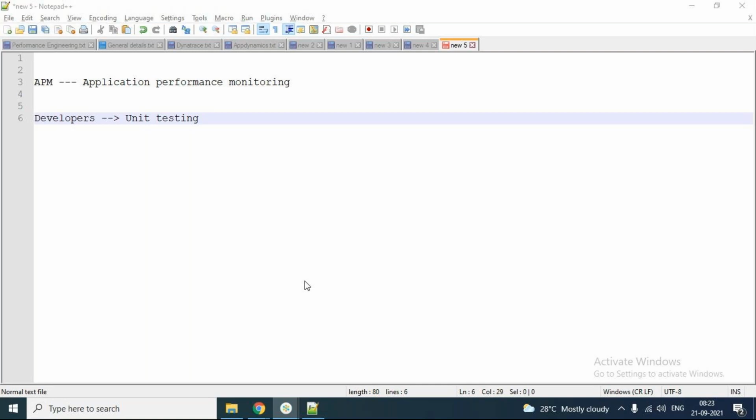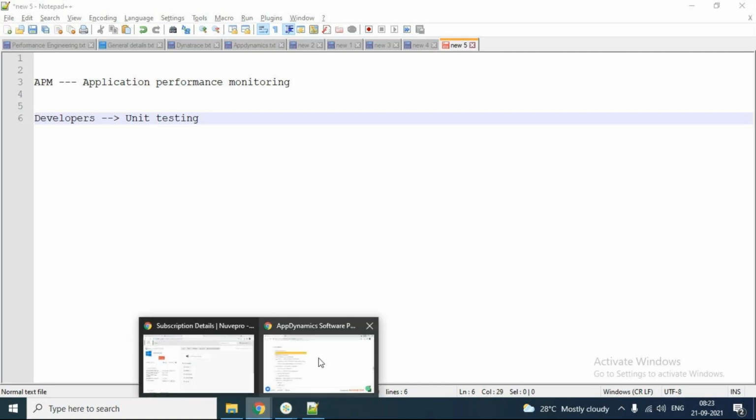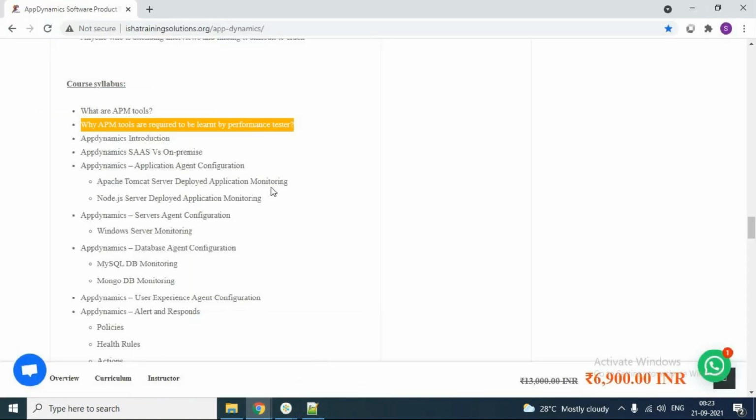In that case, what you can do is this: in the infrastructure where your AppDynamics is already running, if you do the unit testing there, it is a little easier to identify resource level problems, response level problems, exceptions and errors.